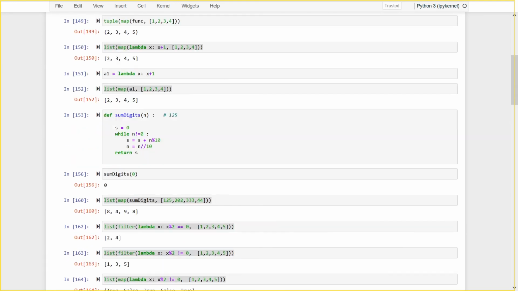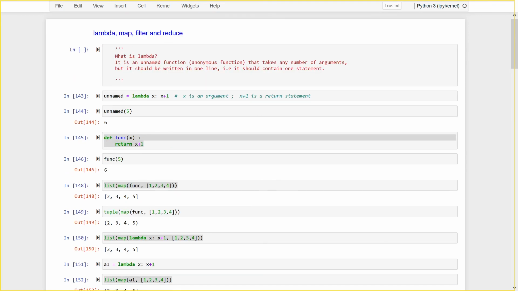Right? So what we have seen, let us recap the entire thing. Lambda is an unnamed function, an anonymous function. We tend to use lambda when you want a function which will do its task on the fly. There is no need to save it. Okay. What is map? Map is a function which can take iterables, treat them one by one and create an iterator. Filter also does the same thing, but filter has the capacity to filter the data. Whichever data is not evaluating to true, please filter it out.